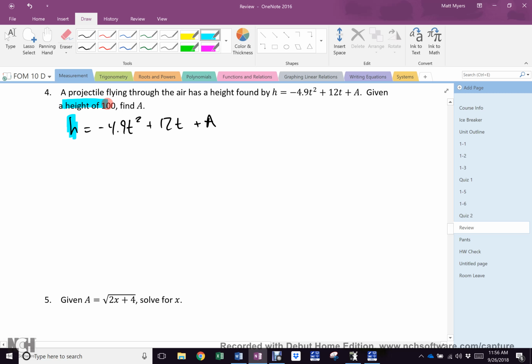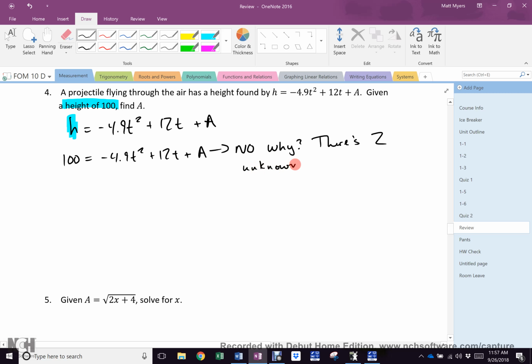H is 100. So 100 equals negative 4.9t squared plus 12t plus a. Now it says find a. Can you find a here? No. Why? There's 2 unknowns. So all you can do